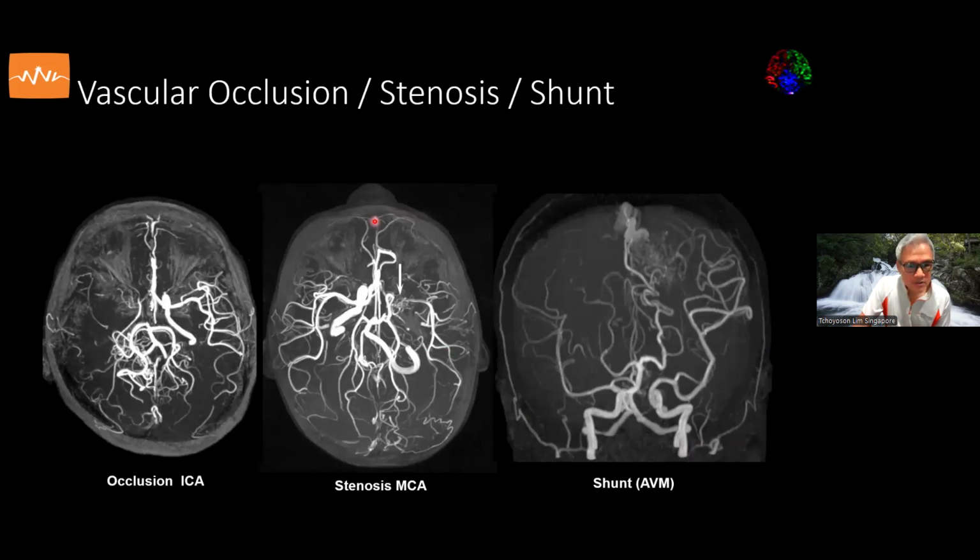These are just some examples of what MRA can show us in ischemic infarction and stroke diseases. Here's an example where the normal internal carotid and MCA and the abnormal internal carotid artery shows very poor flow into the ICA and MCA. And in response, there is an attempt at collateral vessels formation at the PCA to supply the middle cerebral artery